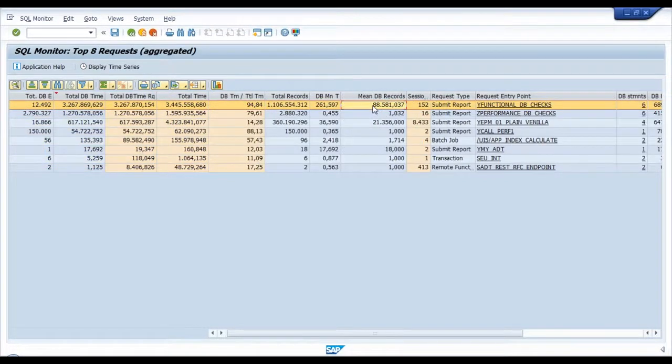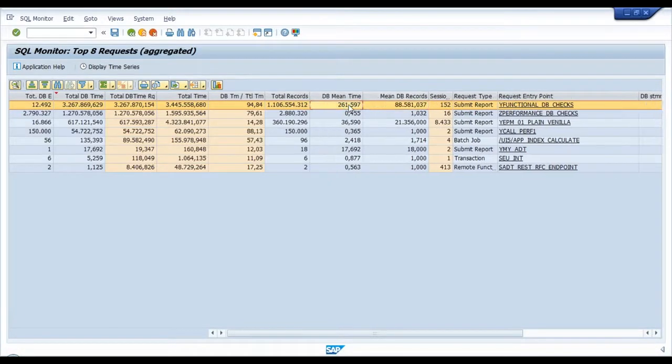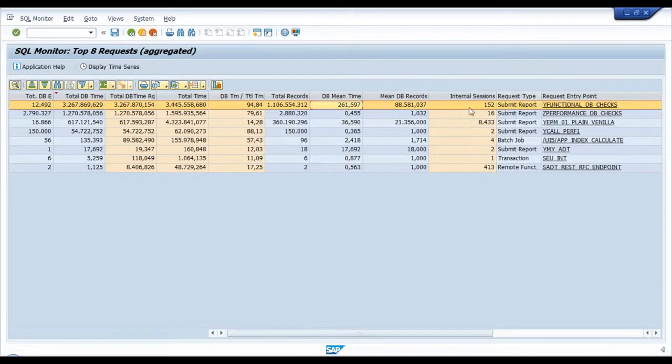And now you see mean DB records again. Once again, how much time it took to read the select query from the database. DB mean time was the time taken to fire the select query and get the data. And these are all one set of records. These many records this particular report has fetched in one shot from DB, and that's why the mean time is also higher. And now you see total number of internal sessions 152,